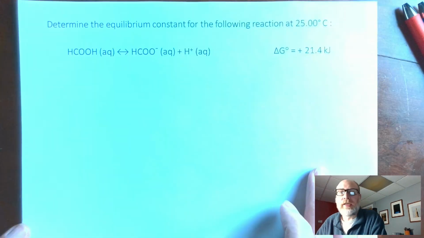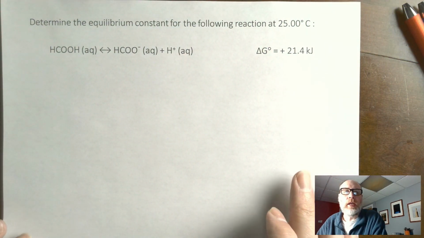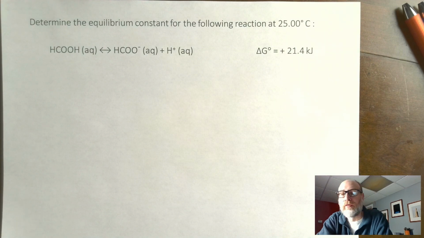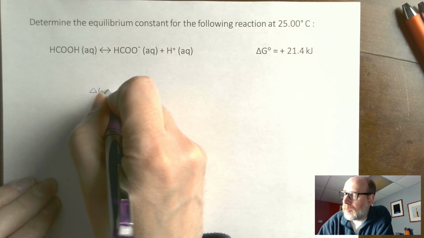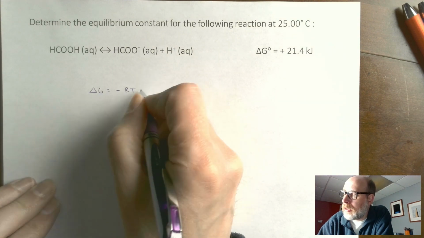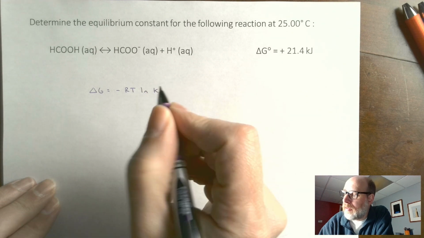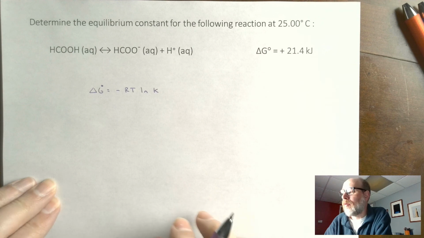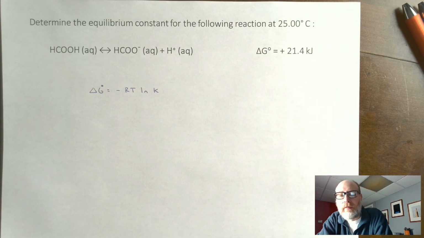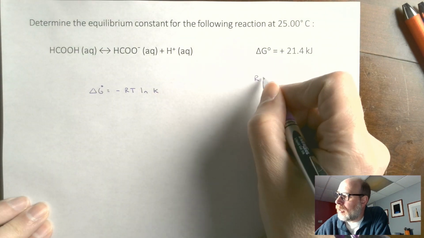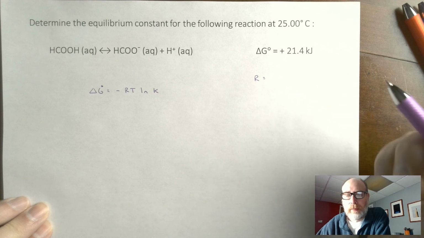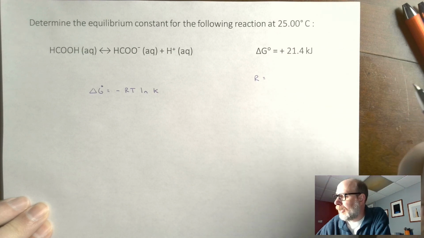All right, so that leads us to: can we calculate an equilibrium constant based solely on a free energy change? And we saw already that a free energy change is minus RT times the natural log of the equilibrium constant. That will be the standard form of the free energy change that we're dealing with here. And so we can just literally start plugging things in. You know me, I like to have on the right a list of things that are going to be pumped into the expression. R